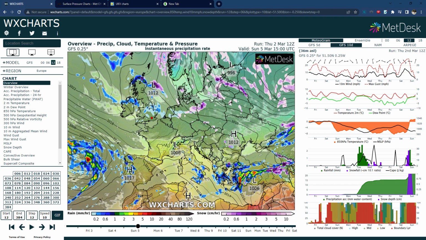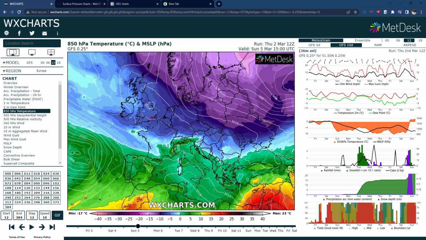and then clockwise around high pressure systems along the isobars like this. Moving through the weekend, you can see we've got high pressure to the northwest of the UK, and we've got a northerly flow coming through. And if I show you the temperature map,